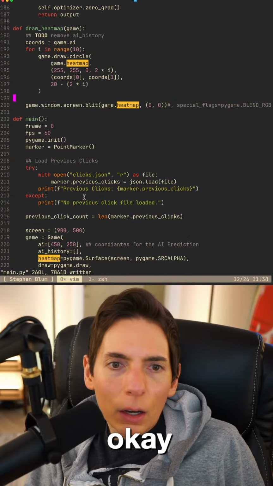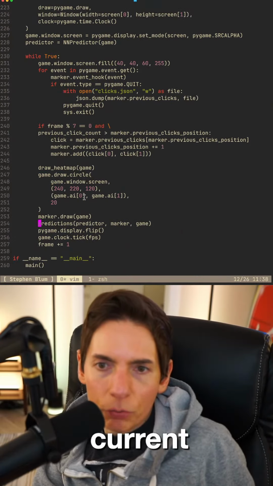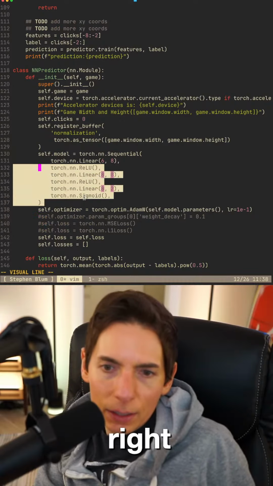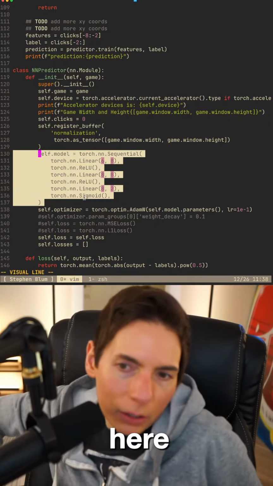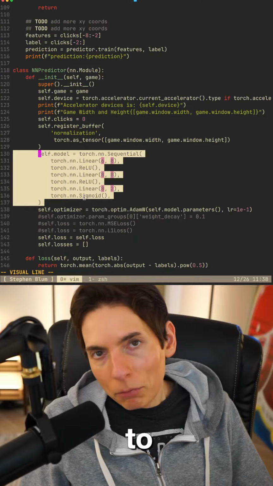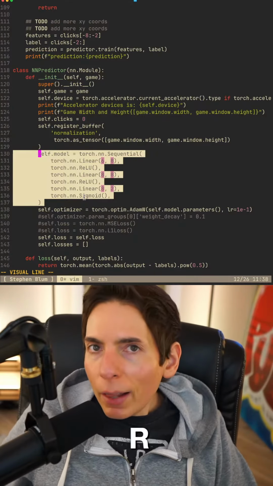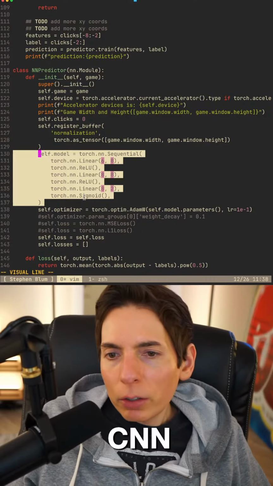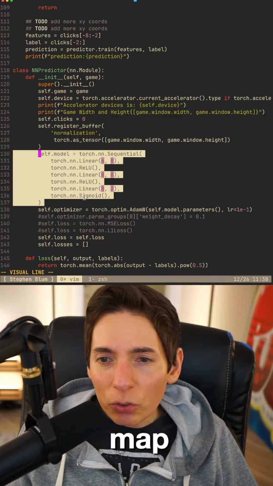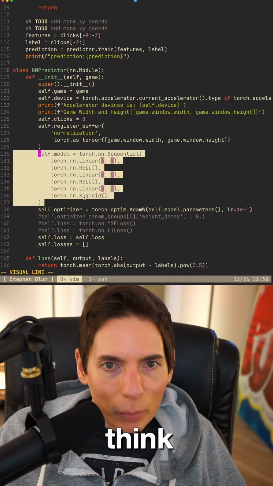Okay, so for our current model, obviously it's a very straightforward artificial neural network, right? It's a DNN. There's nothing advanced here. We're not doing anything crazy. What I would like to do is obviously modify that. We're going to change it. I want to try an RNN or LSTM or maybe a CNN. I want to try a couple other things. I think it would be great. Also, you said a heat-based map, which is kind of interesting. I would like to explore that as well. I think that would be neat.